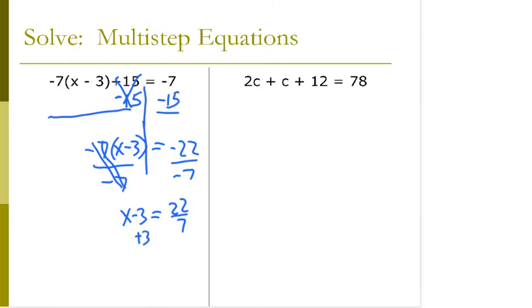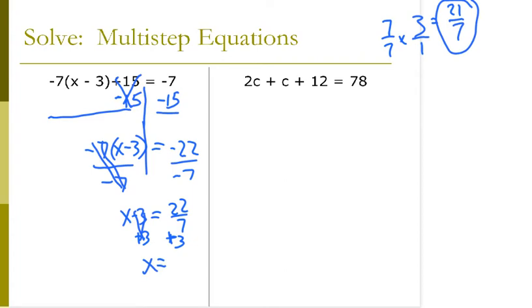And keep in mind that if we wrote 3 with a denominator of 7, so think about it, 3 is 3 over 1. How can we get from that fraction to the other? Well, we multiply by 7 over 7, and it's really 21 over 7. So when we're adding 3, we're really adding 21 over 7. So we end up with these eliminating each other. When we add the 3 on this side, we're adding 21 over 7 with the 22 over 7 that was already there, and that's going to give us 43 over 7,